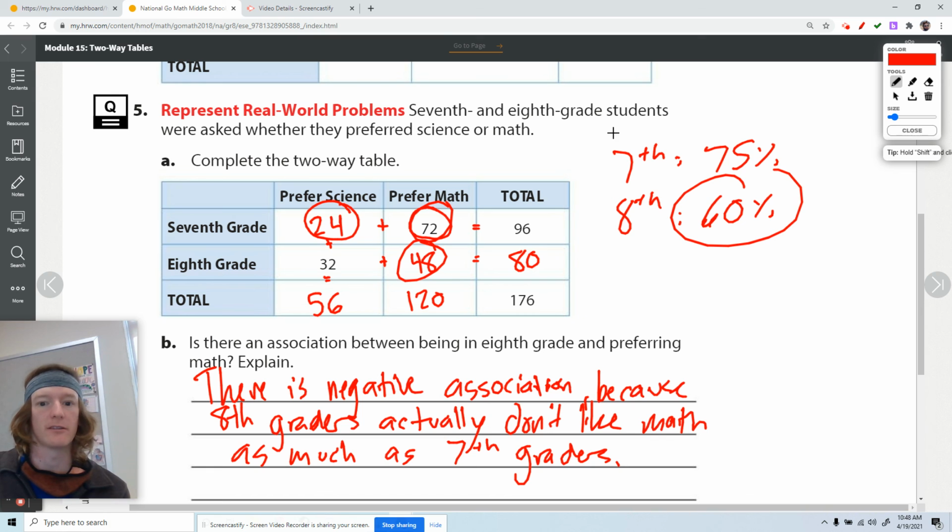Math gets a little harder in 8th grade, or maybe they don't like their teacher as much. I mean, I'm the 7th and 8th grade teacher, so it probably doesn't really change, but